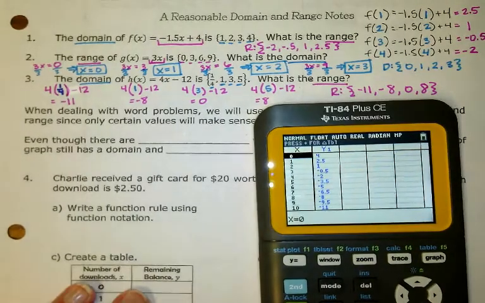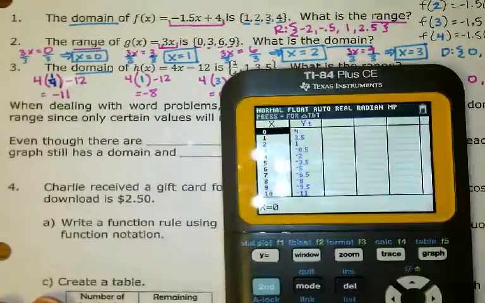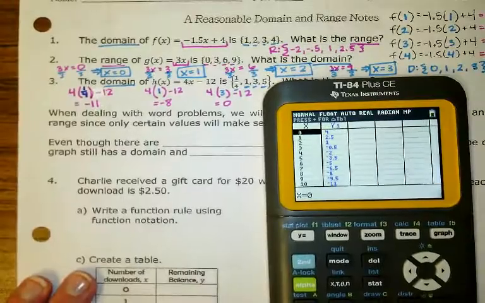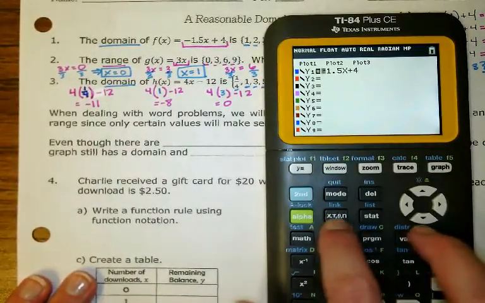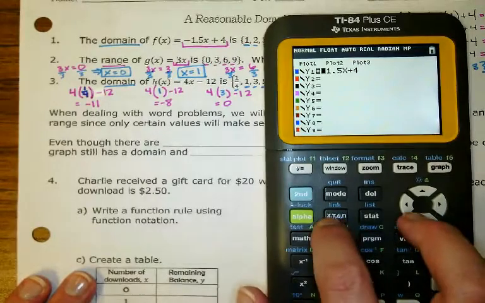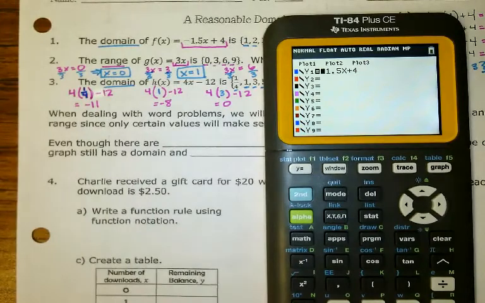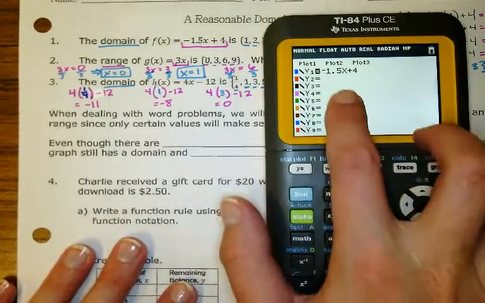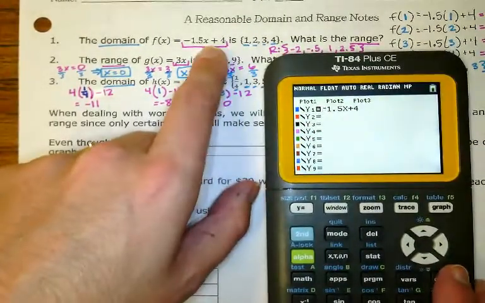And guys, what I want to show y'all from this first problem, how do you get x? Oh, good question. Okay, so the x button, if you go to y equals, do you see it's right next to the alpha? It says x, t, theta, n. When you type that in, it gives you an x. Good question. Okay, so once you type in negative 1.5x plus 4, because that's the equation that we had,